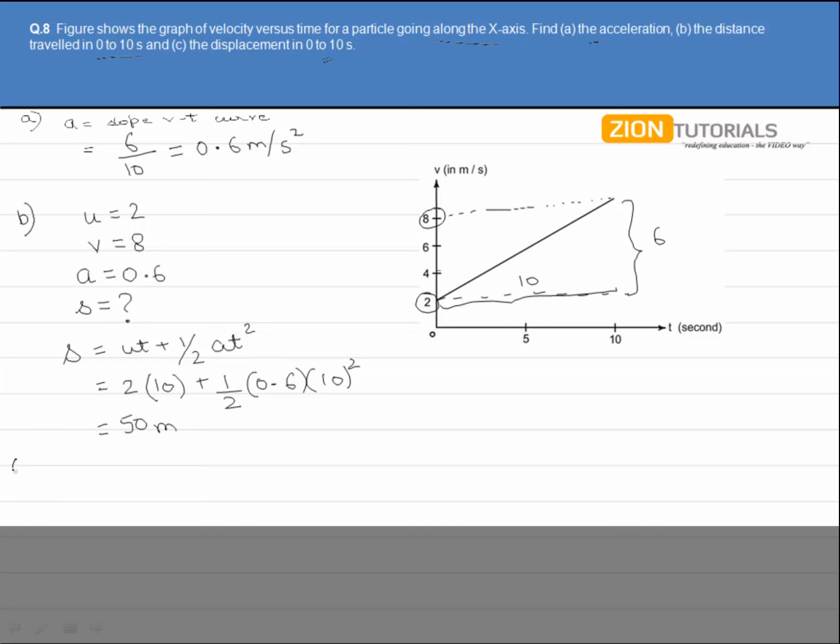Now proceeding with the third and the last part of this question, in which we find out the displacement. Now displacement, as we have found out the distance in the second part, the displacement is also 50 meters, because the particle is moving with a constant acceleration. So if it starts from some point with some velocity, here it is 2, and moves with a constant acceleration,